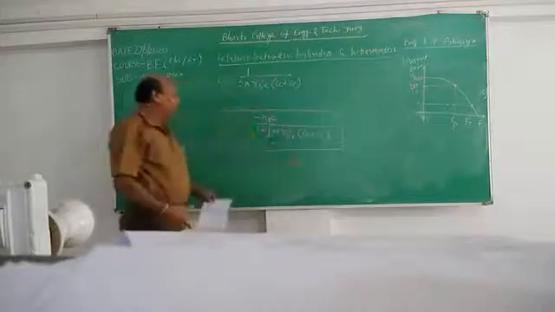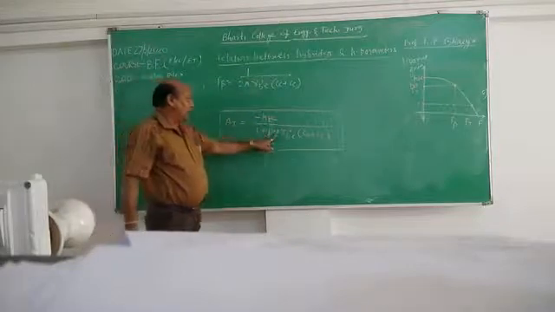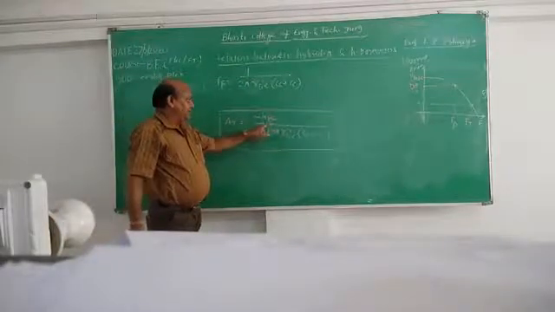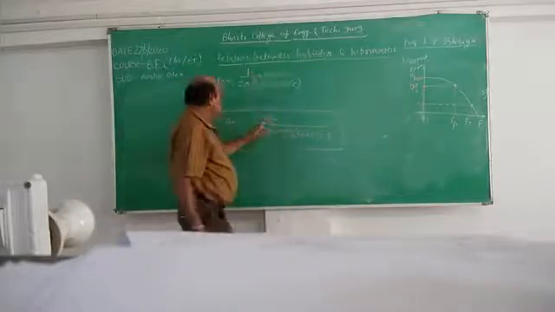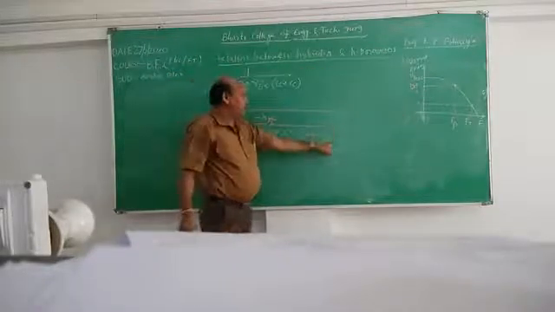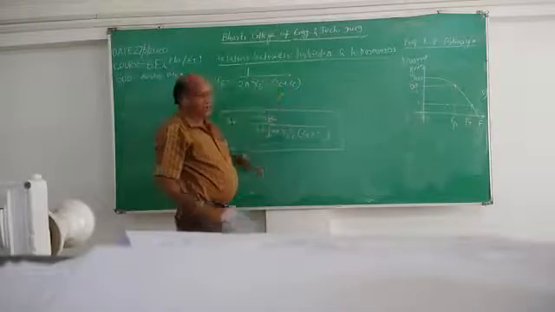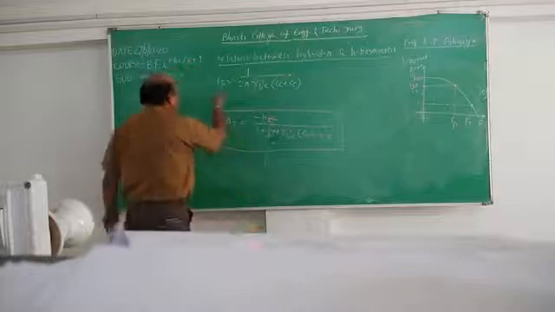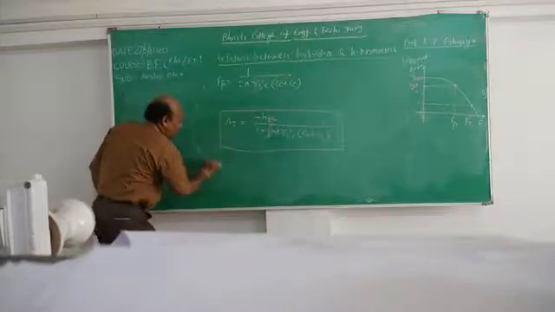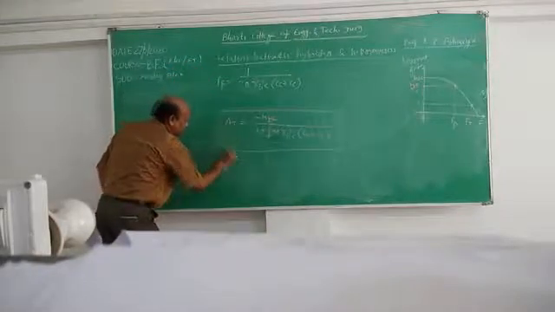This is the value of F beta. This is 2 pi, and this HFE becomes HFE by root 2. So you can put here, this is equal to HFE by root 2. You will get this relation of F beta. So after this F beta, I can write this equation AI.